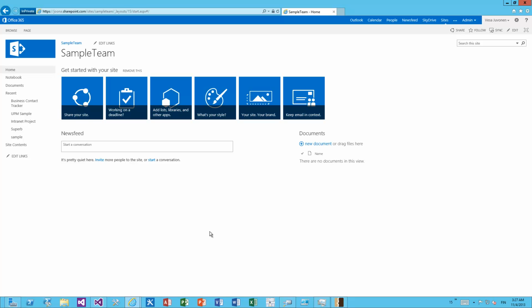In this demonstration, we will have a closer look at advanced HTTP posting scenarios as a pattern to overcome some of the limitations in the remote APIs towards SharePoint 2013 or towards Office 365. This is a scenario or pattern which we can use to enable some of the capabilities which are not natively supported by these remote APIs using the client-side object model, REST, or any of the web services within SharePoint. And first of all, the code is downloadable from my blog post,